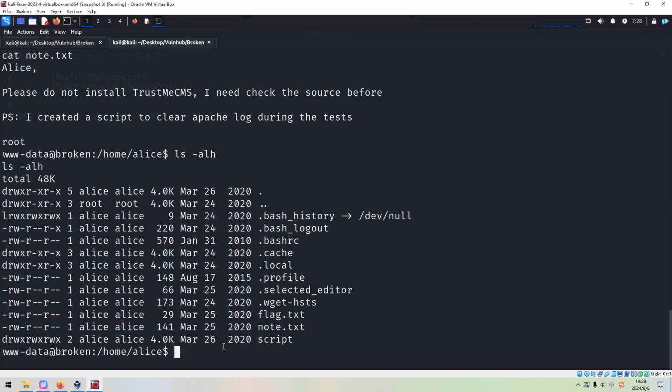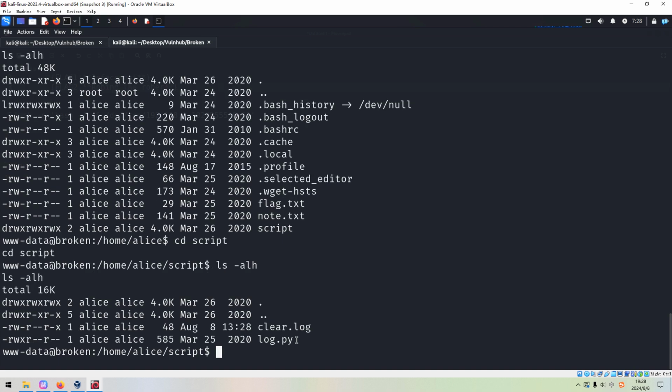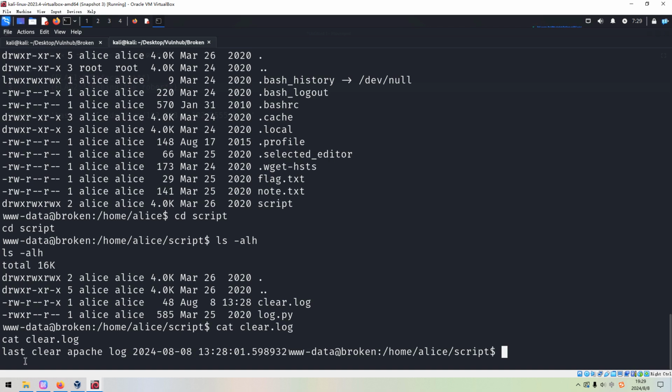And under the home directory of Alice, we can notice this directory. We can go inside this directory. Here, clear log. So this is the new one. Okay, we can check the last clear.